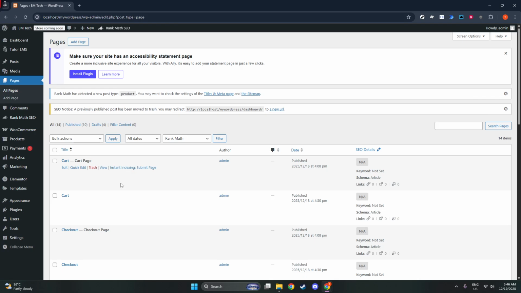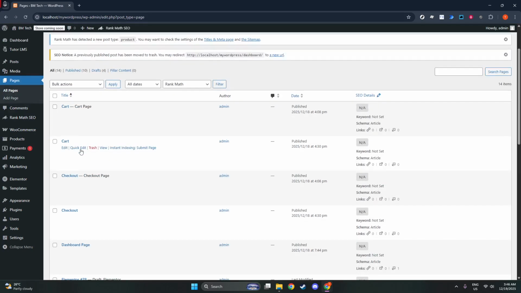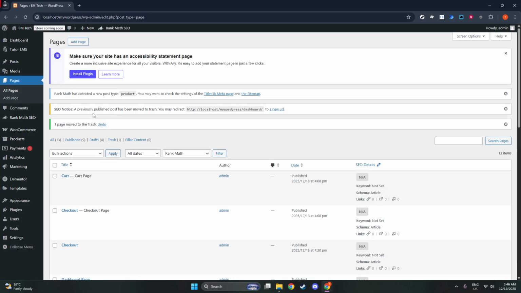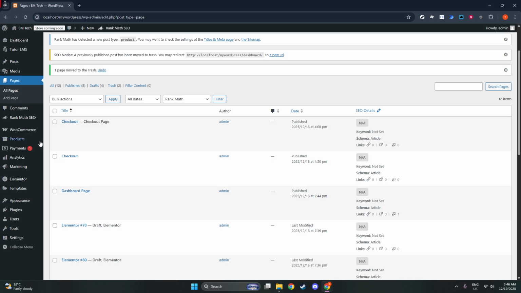Now create fresh pages. Add a new page and name it Cart. In the editor, insert a shortcode block and paste in the shortcode, WooCommerce Cart. Publish the page. Then create another new page named Checkout. Add a shortcode block and paste, WooCommerce Checkout. Publish that one as well. These shortcodes are the official WooCommerce content for those screens, and adding them to clean pages eliminates hidden formatting issues